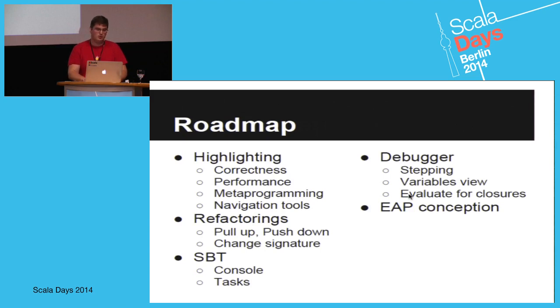Also, it would be good to implement a navigation tool which shows which definition added some function. For example, we see that this function is available in this scope, but we don't know who adds this definition. It can be some import statement, or a class, or something else. Such a navigation tool would make it possible to analyze your code.